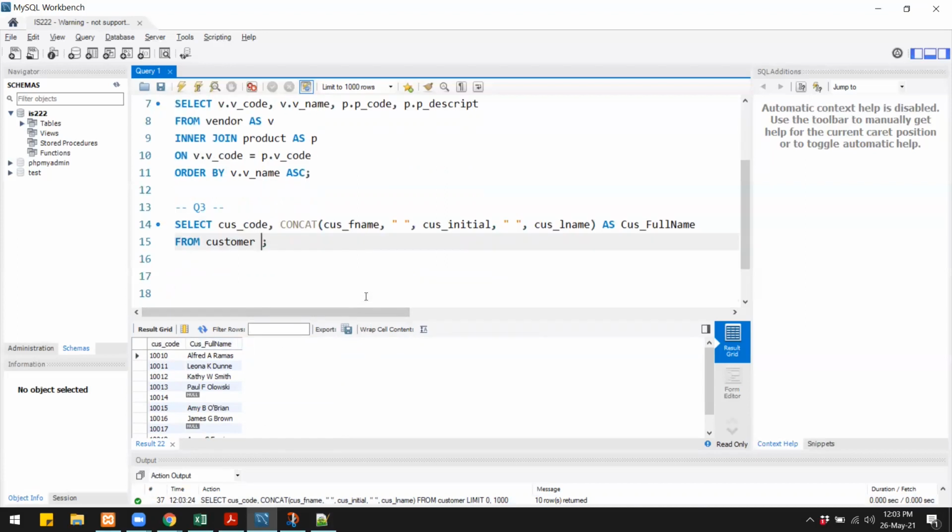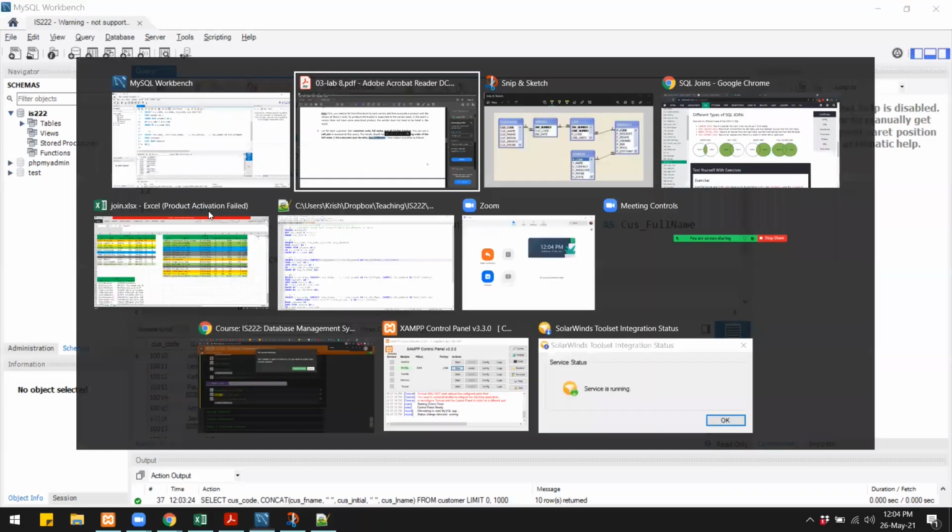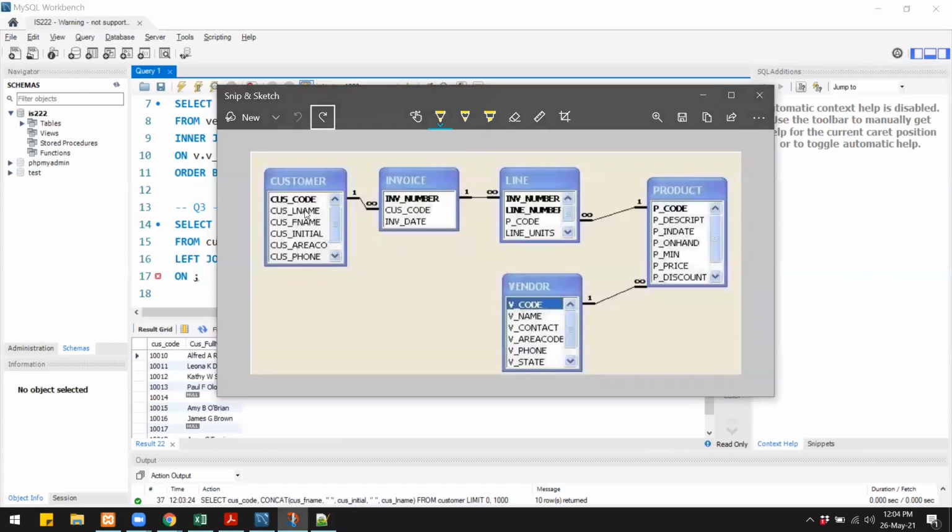So again, we will use a join. So the syntax is same as inner join, but instead of inner join, we have left join, and we are left joining on the invoice table. On which column? So there has to be a common column in both the tables, and the common column you can see is customer code. Customer code is in both the tables.